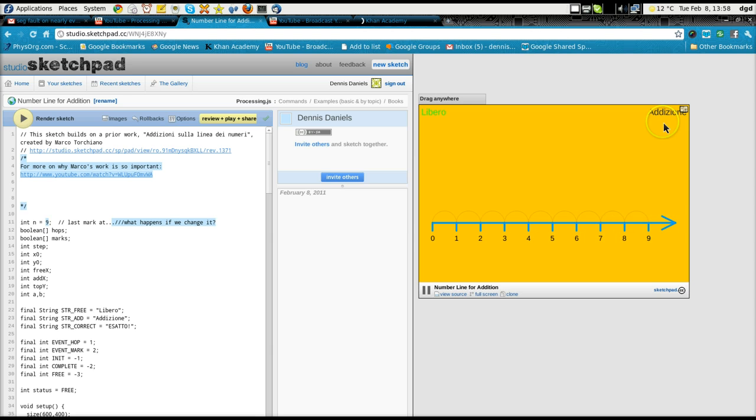It creates a number line. If I click addizione, it should give me a new math problem right there. Now the UI is a little confusing. I'm not quite sure. I'm supposed to click the 0 first, like that. And the clicking is rather awkward. And I think that's mostly because